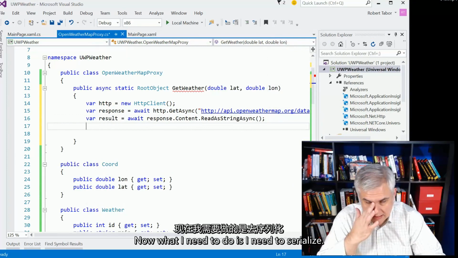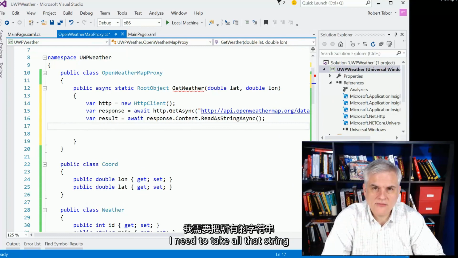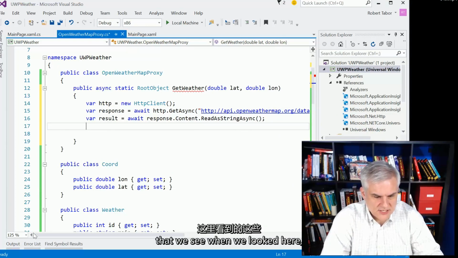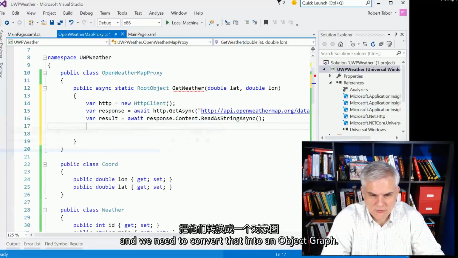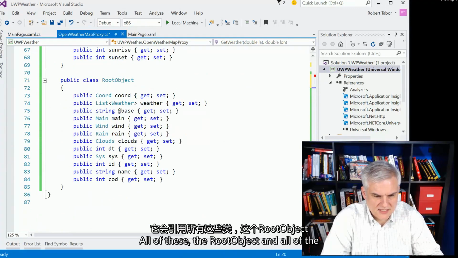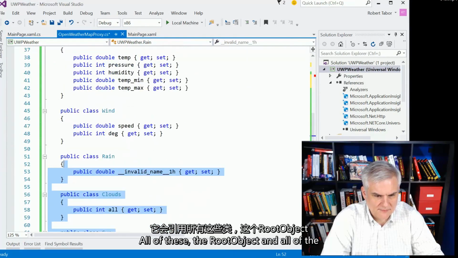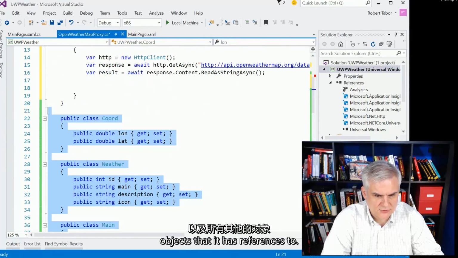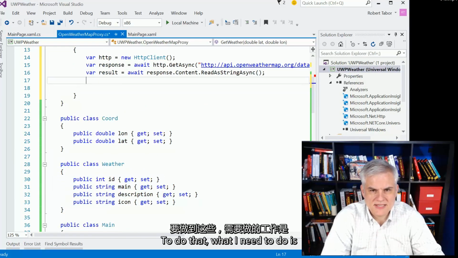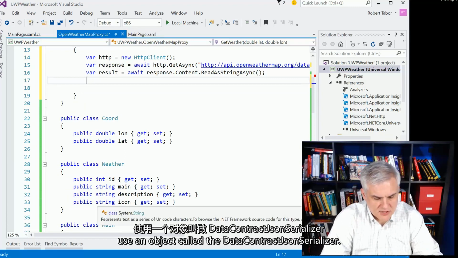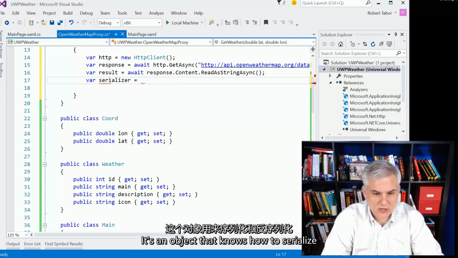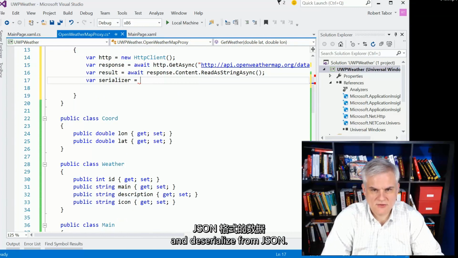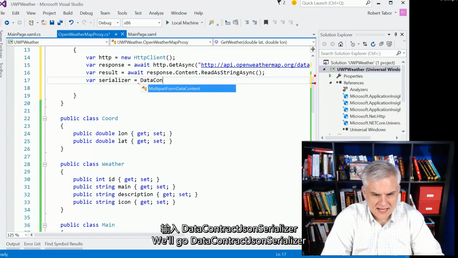Now what I need to do is serialize. I need to take all that string that we see when we looked here, and we need to convert that into an object graph. So all of the root object and all of the objects that it has references to. All right, and to do that, I need to use an object called the data contract JSON serializer. I'm going to create something called a serializer. It's an object that knows how to serialize and deserialize from JSON. And so we'll go data contract